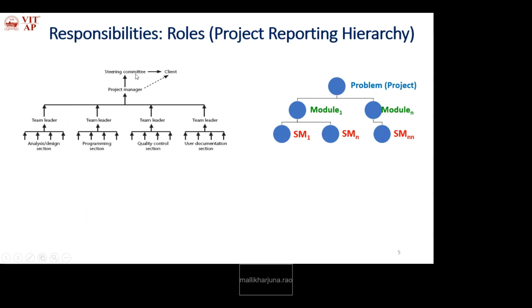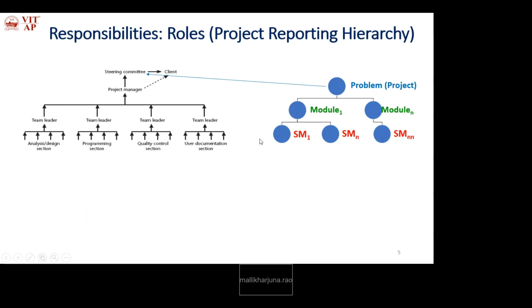That is monitored by the steering committee. And then the project manager. The project manager will monitor all the project deliverables or project products. That is, the project manager will collect the progress of day to day activities on all the project products.